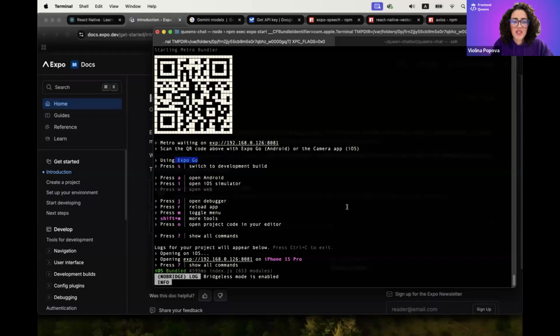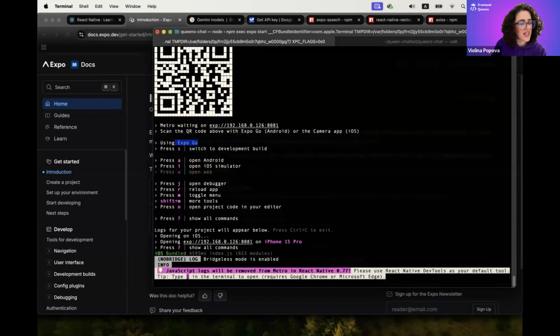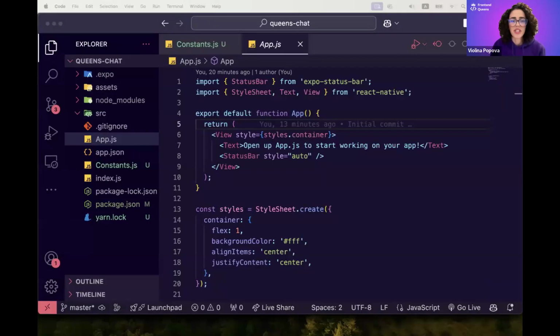So I always test new functionalities which I'm developing also on my physical device. But for development purposes, you can use an Android or iOS simulator. And as we already have the project set up,